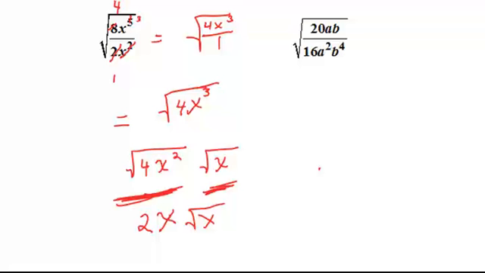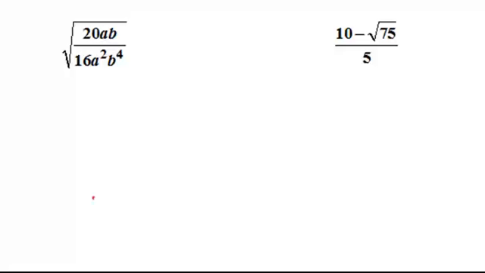That's it. Next one, look at your denominator and don't say it aloud. Is the denominator a perfect square? You look at the 16. If it is, then you look at the a squared. If it is, you look at the b to the 4th. The denominator is a perfect square, therefore,